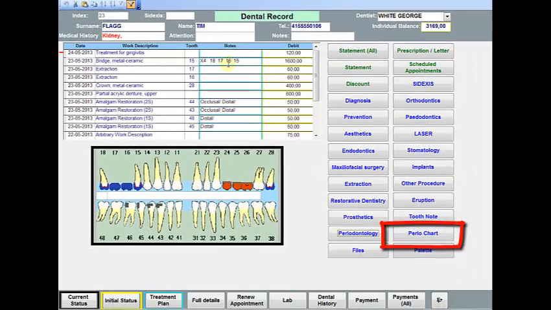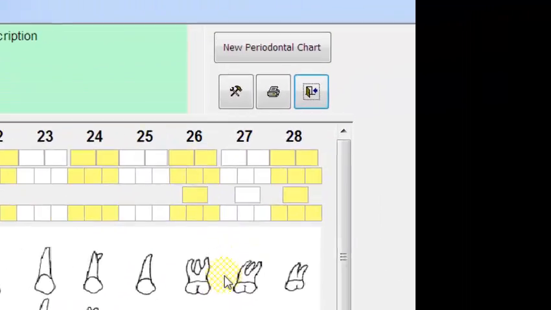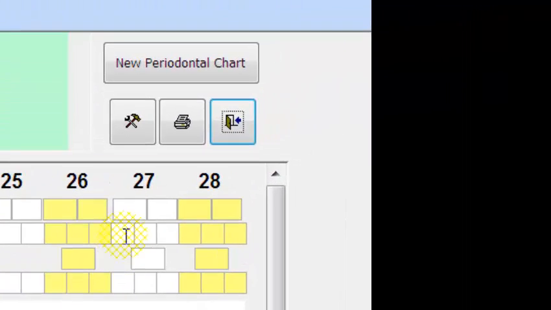We now click on button Perio chart. We see the empty periodontal chart for the upper and lower jaws of patient Tim Flagg. On the top right, we have button New Periodontal Chart, which is used to create a new Perio chart. The button with the hammer and wrench